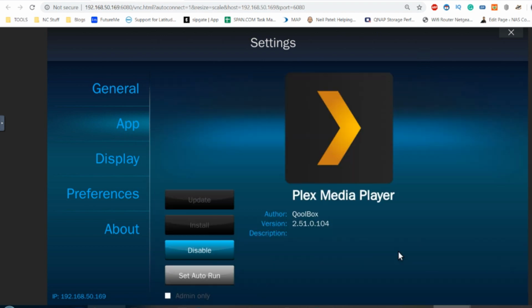or the Plex Media app, and from here, if there's an update, it will let you know if there's an update available. You can disable the app long term or set as auto run. And what that means is that every time you boot up the NAS, it will boot directly into this app. You can still press back and home to get back to the main menu, but it's nice to have this option. You can also set it up that only an admin can use this app if you so choose,